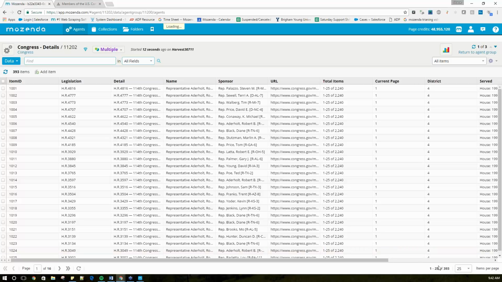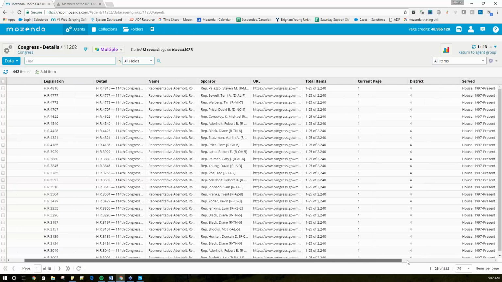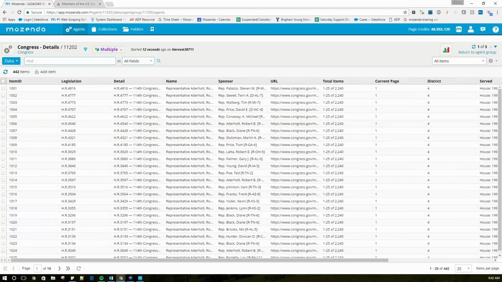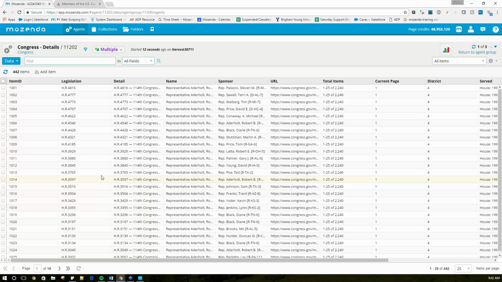As you can see here, we've already got 400 items in just 12 seconds. So it's really pretty amazing how fast this can go and how much data you can get, how much time you can save. So it looks like the data is coming in quite quickly,